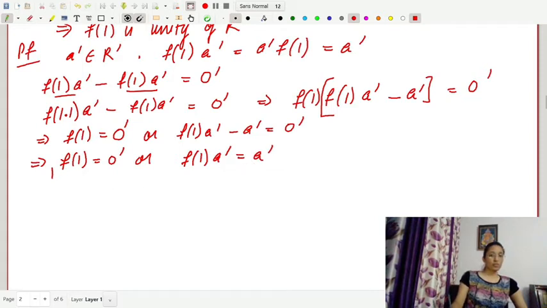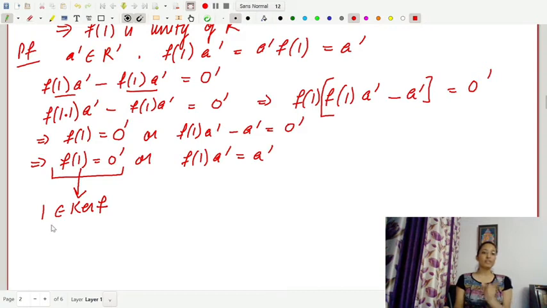अब अगर f of 1 is equal to 0 dash है तो इसका क्या मतलब है, 1 belongs to kernel of f. Now अगर 1 belongs to kernel of f हो जाएगा and we know kernel of f is an ideal of R, so अगर किसी भी ring R के अंदर उसकी यूनिटी आ जाए, तो उसका क्या मतलब होता है कि उस ideal, that ideal is equal to the ring itself. अब हमने